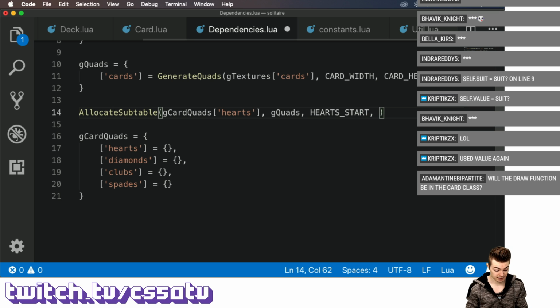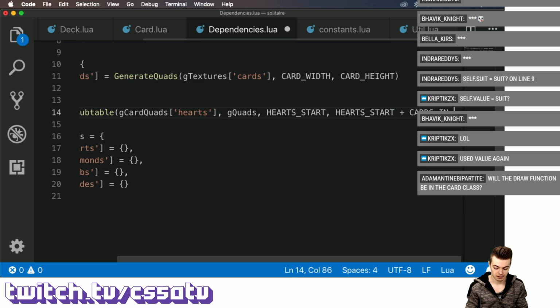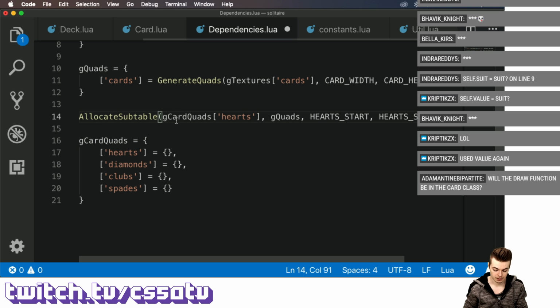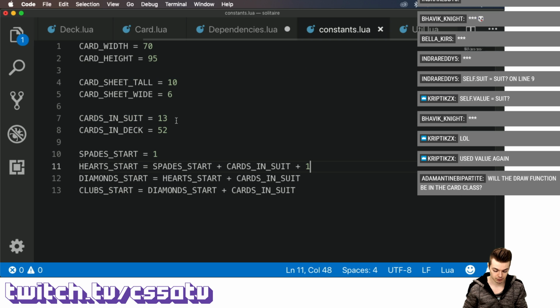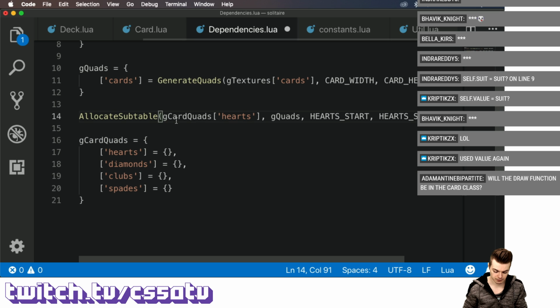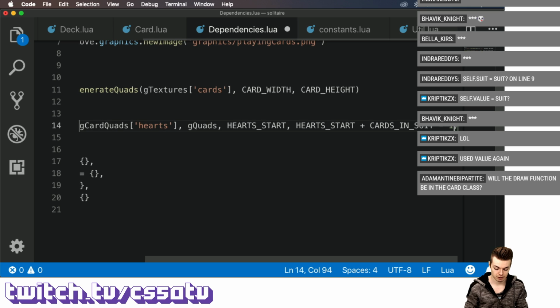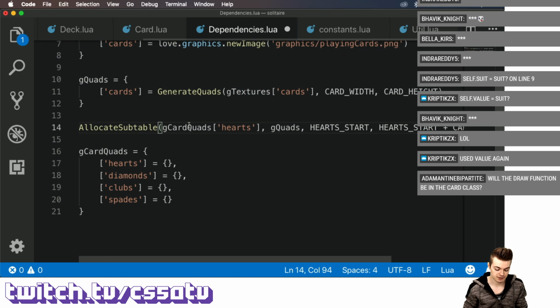And the end index is going to be hearts start plus cards in suit. We don't want to do, do we want to do plus cards in suit? No, we want to do plus cards in suit minus 1. Because